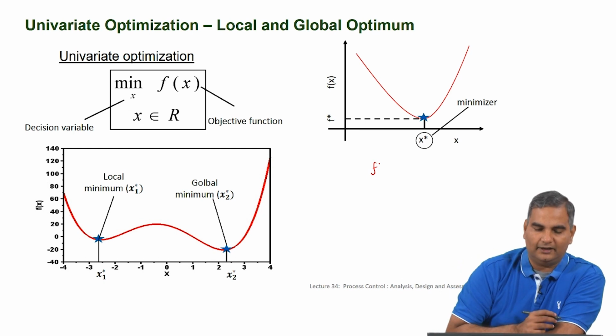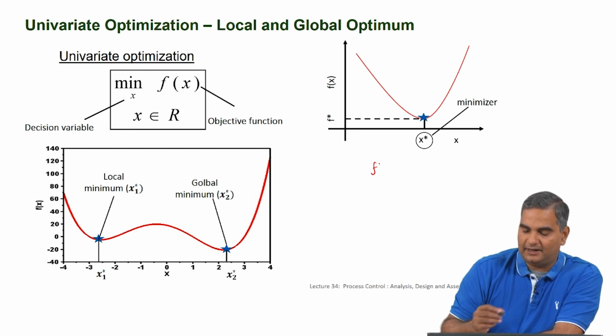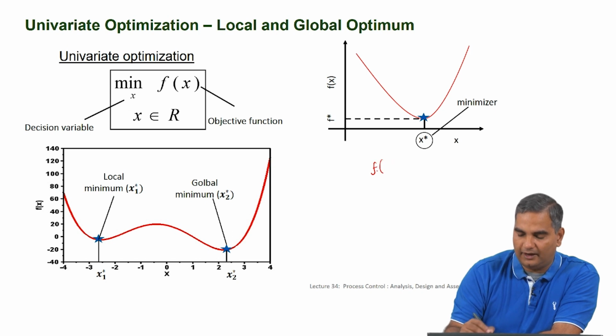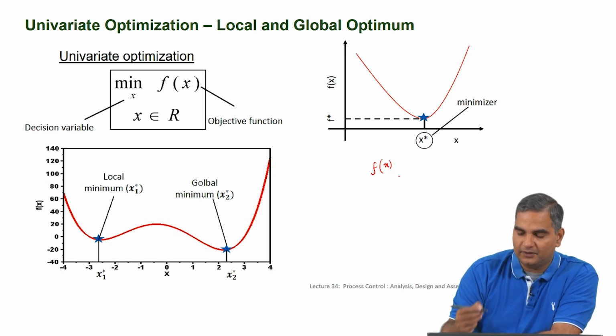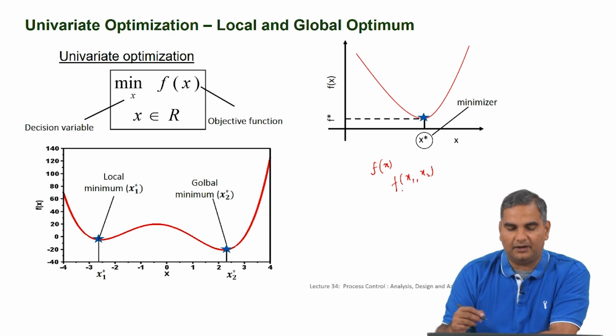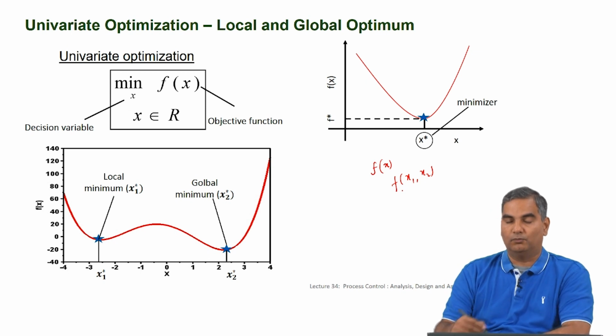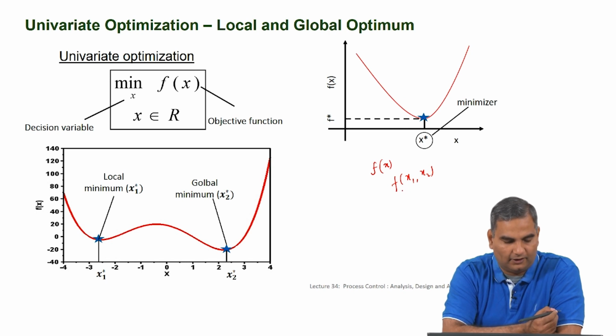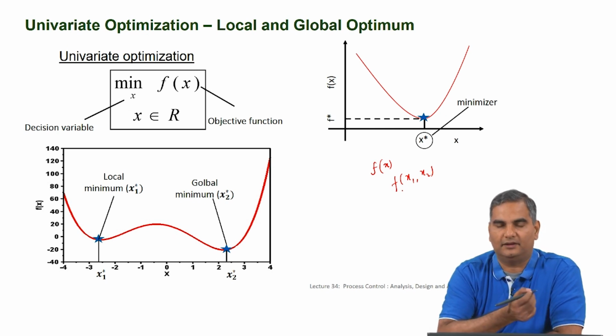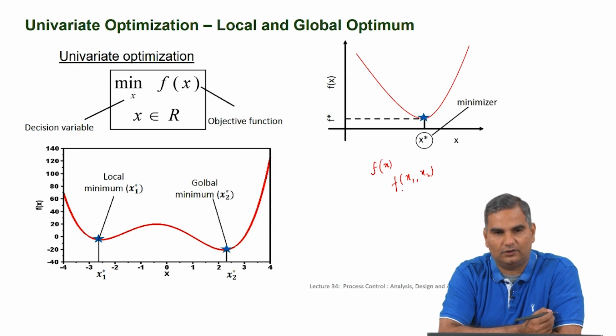When you write an optimization formulation, I said f is a scalar function. Within f the decision variables could be one or many. If there is only one decision variable, it is called a univariate optimization. If there is more than one decision variable, let us say even two, then this is called a multivariate optimization problem. So, let us look at a very simple univariate optimization formulation here, and these are some typical ideas that you have seen hopefully in some other course or at your high school level.